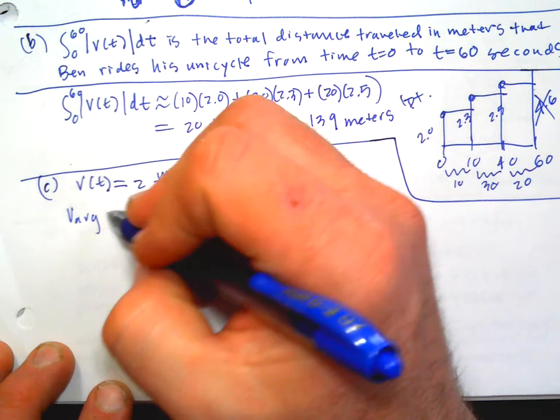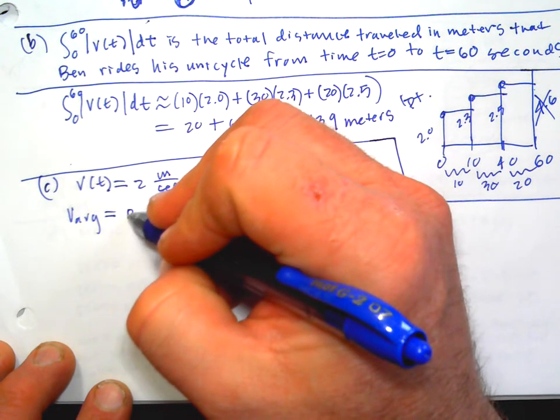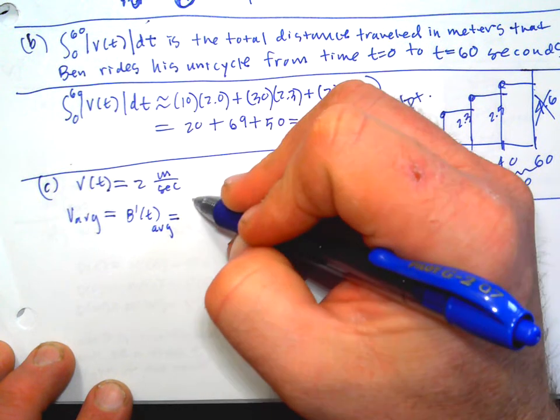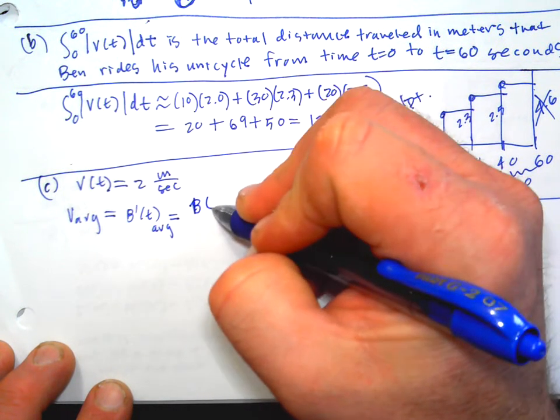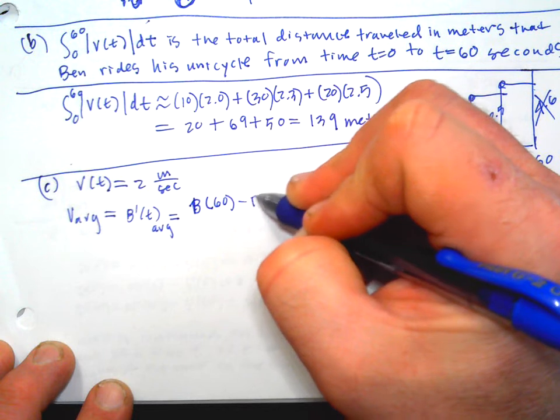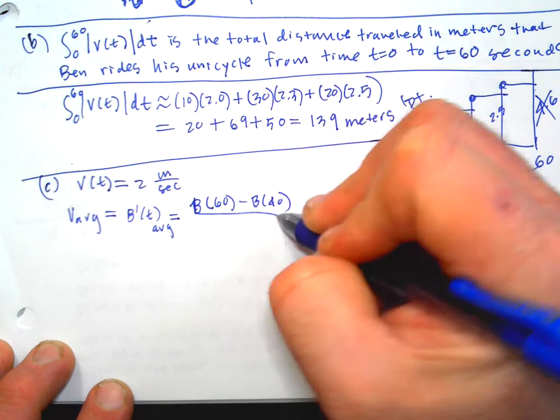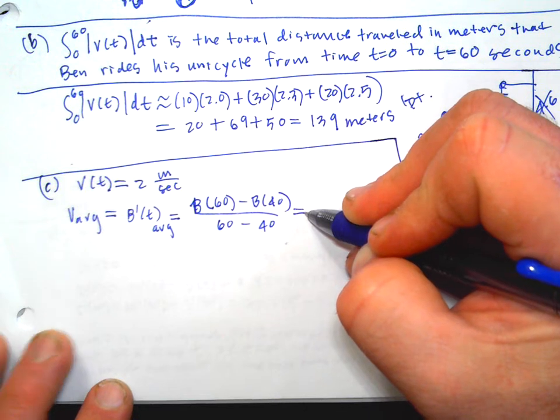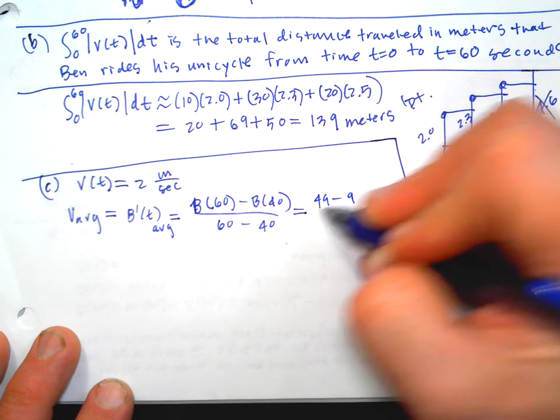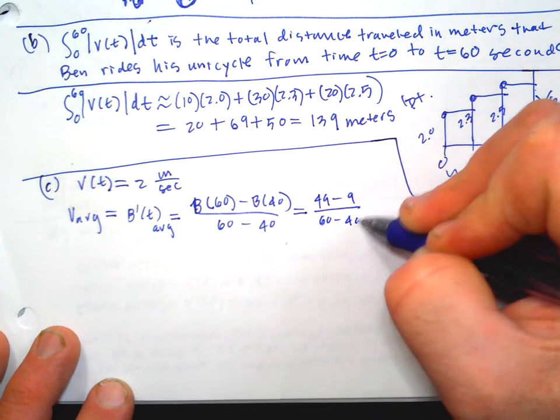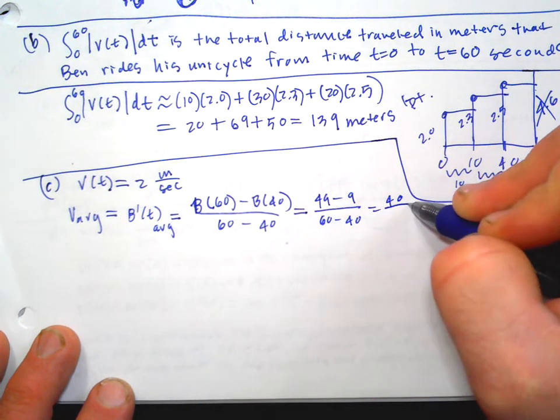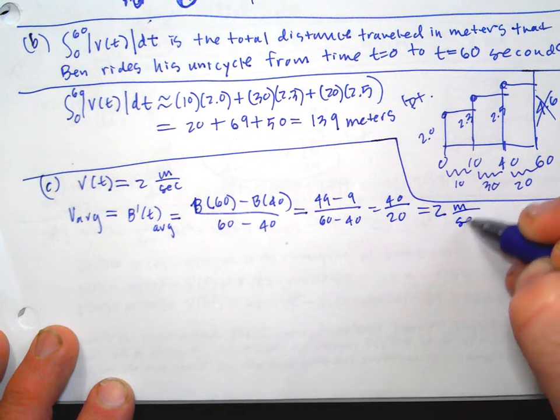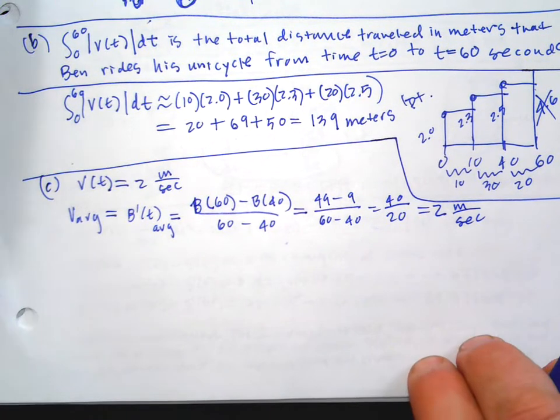So V average is the same as B prime average, right? And so then that's going to be B at 60 minus B at 40, over 60 minus 40, and that's going to be 49 minus 9 over 60 minus 40, which is 40 over 20, which is 2 meters per second. So that's your average. So then, therefore, by the mean value theorem,